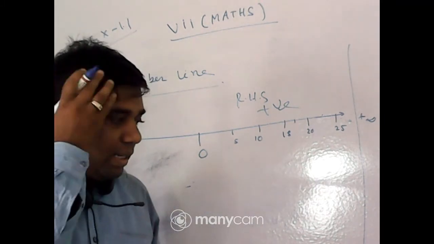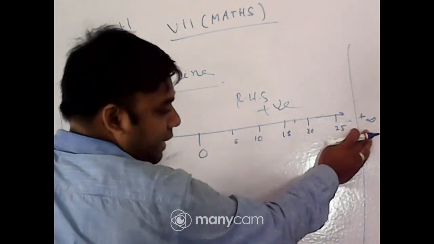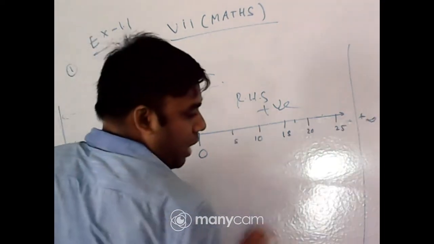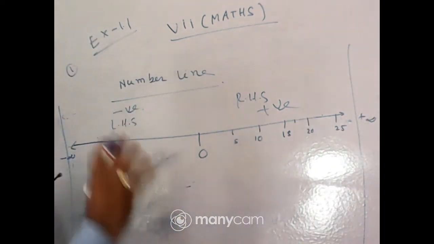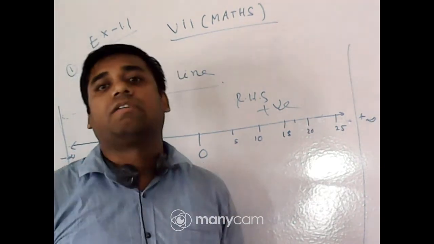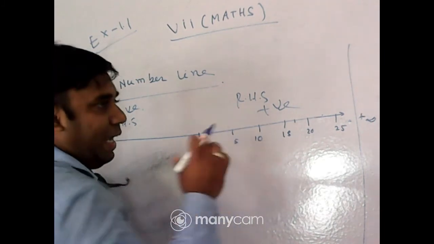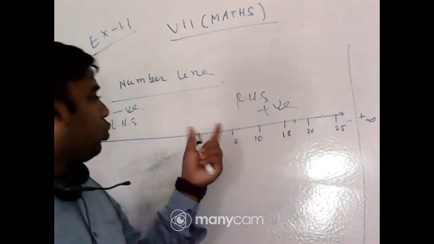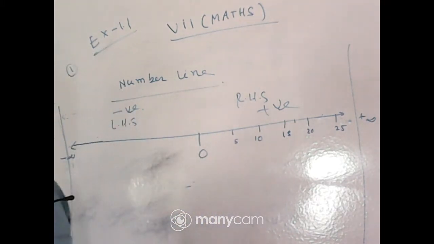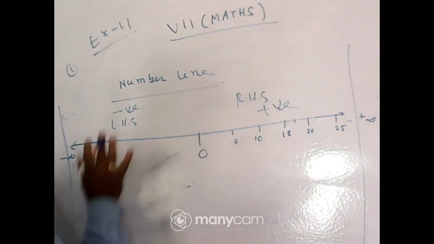Regarding the number line, I have told you that a number line is a horizontal straight line, with infinity going on on both sides, and numbers placed at equal intervals. What does it mean? Equal interval means 0 to 5, 5 to 10. Numerically it is equal, so the space between 0 to 5 should be equal. Okay, so this side is positive numbers, this side represents negative numbers.